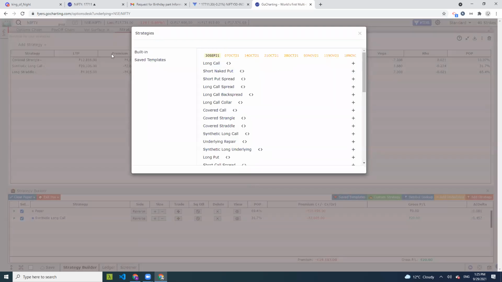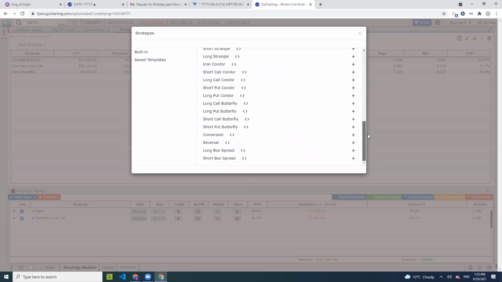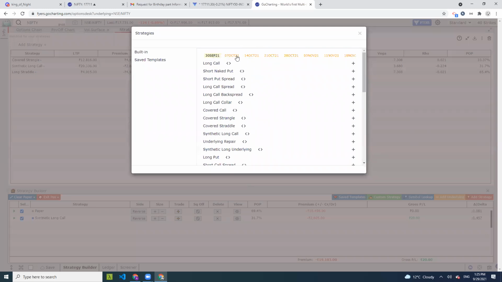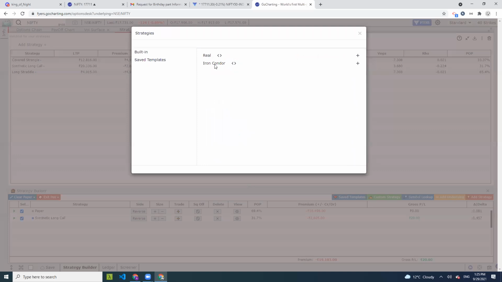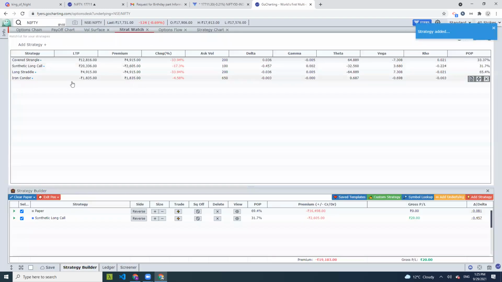So I add strategy. There's the built-in strategy, which I have already showed you, which are 40 odd strategies that you can add, right? Depending on what series you want, you can choose the series from the top and you can add it. But the saved templates is where I had added, if you remember, an iron condor, right? So I can now go and add this iron condor directly here, and it will start tracking iron condor strategy before I actually place a position, a paper or a real position on it.